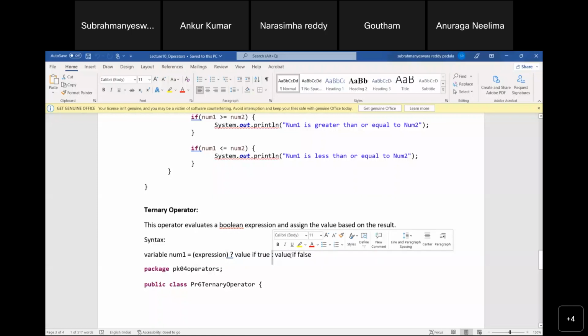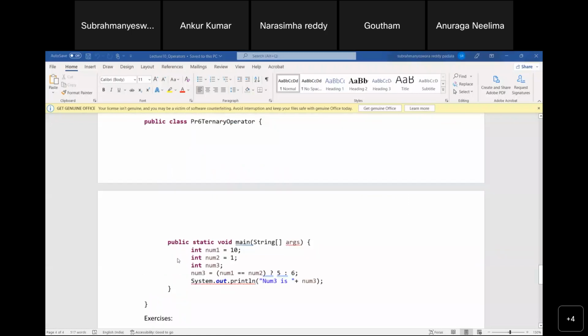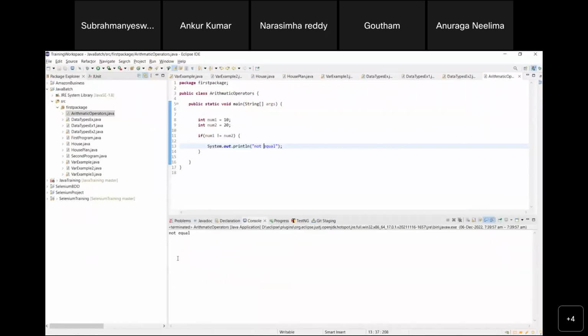Okay. So let me show you an example here. I have two things, number one and number two. I'm saying int num3 equals, okay, first I have to give an expression condition. So num1 equals num2. That means if num1 is equal to num2, then I can say question mark, assign a